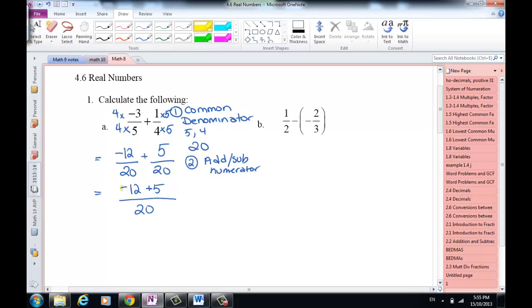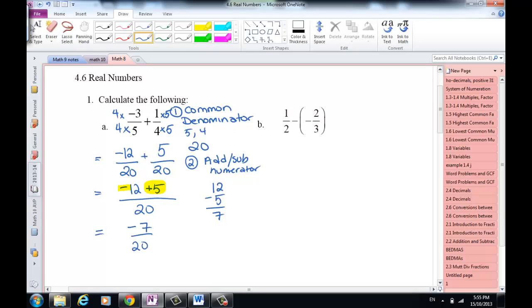Now notice that the 12 is the bigger negative, and we're adding to the 12 a positive 5, and therefore we know our answer is going to be negative because we have a bigger negative plus a smaller positive. And so I can actually just do 12 minus 5, which is 7, and I know that the number is going to be negative, so my answer will be negative 7